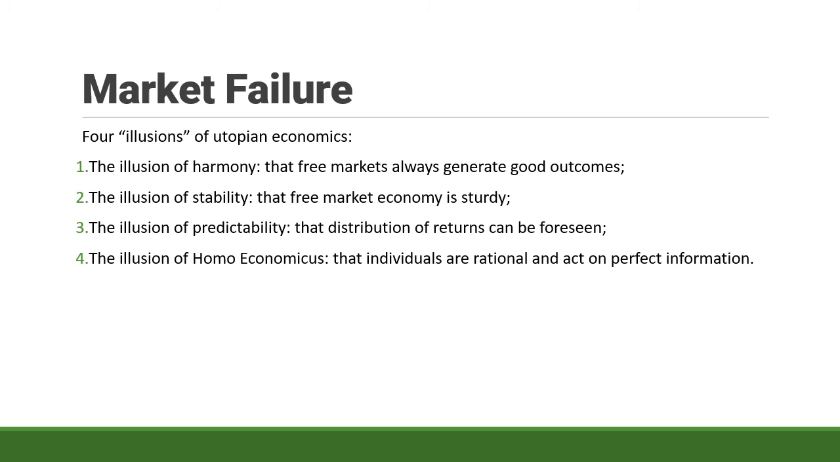The illusion of harmony, wherein free markets always generate good outcomes. The illusion of stability, that free market economy is sturdy. The illusion of predictability, that distribution of returns can be foreseen. And the illusion of the homo economicus, that individuals are rational and act on perfect information. All throughout the semester, we've realized that there are certain aspects of the free market economy that don't necessarily fall